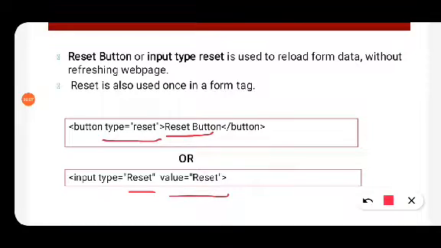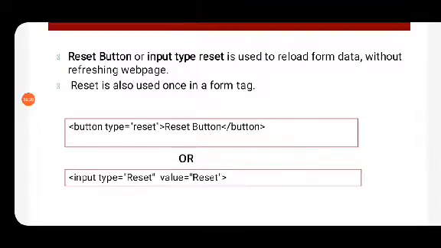If I want the text to be reset button here also, I just have to change the value. The type will be reset only, no change. But in place of reset in the value you will write reset button or clear, then that text will appear on your reset button.